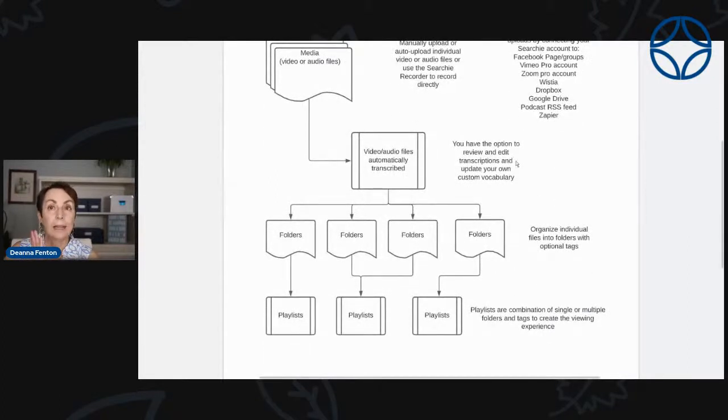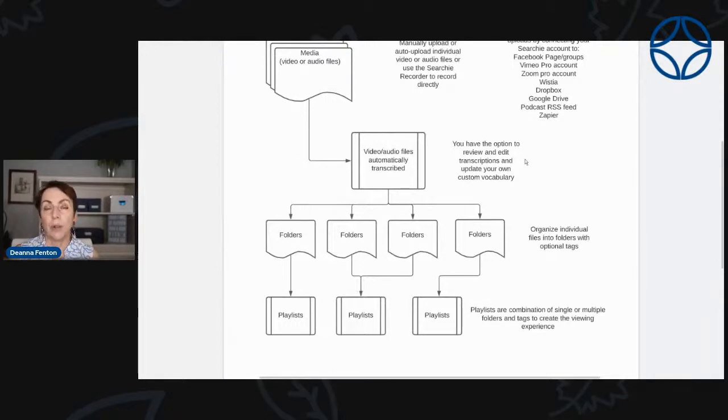So once they get uploaded and processed, they're transcribed. You have an option of reviewing the transcription and editing, and you can also create your own custom vocabulary. So if you find that Searchy's AI is recognizing a word that you say incorrectly.